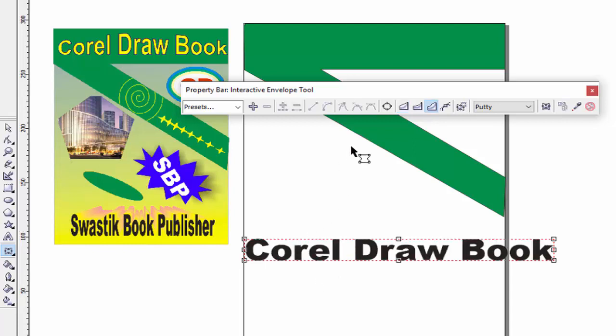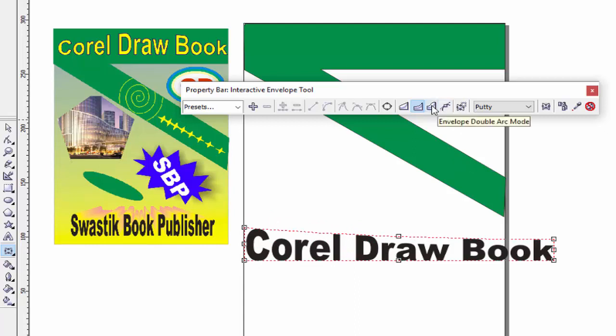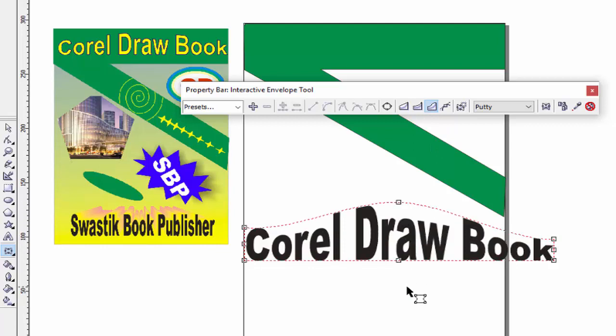Or you can use the second option, envelope single arc mode, to give the shape in arc mode. Use this option like this. To give the shape in double arc mode, use this option like this. So we will use this option.